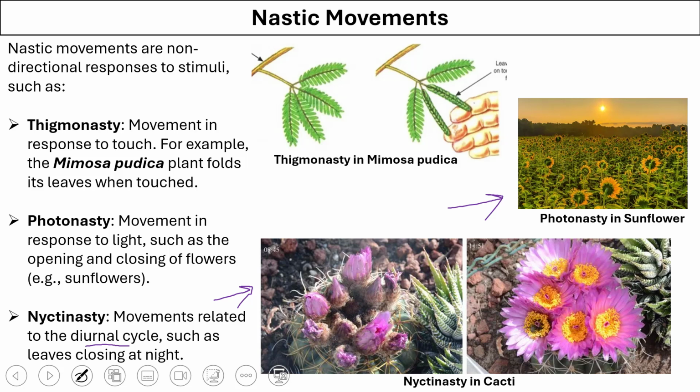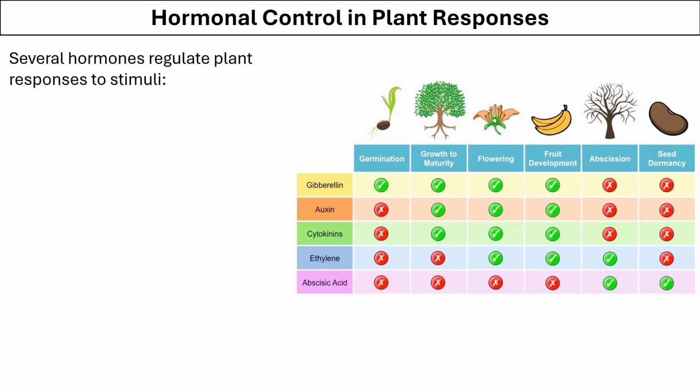Such movement we have seen in certain plants which close during the night and then open during the sunlight. Now let's look at the hormonal control in plant responses. There are several hormones that regulate plant response to stimuli. For example,